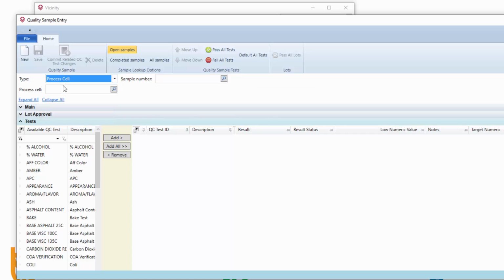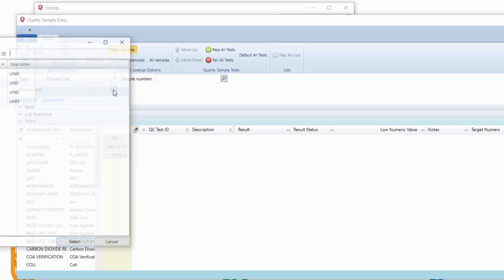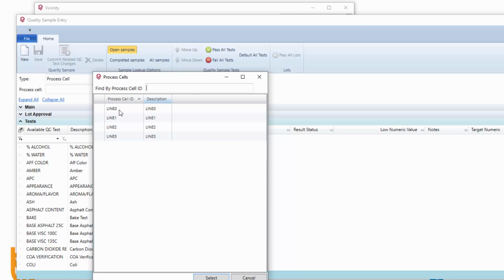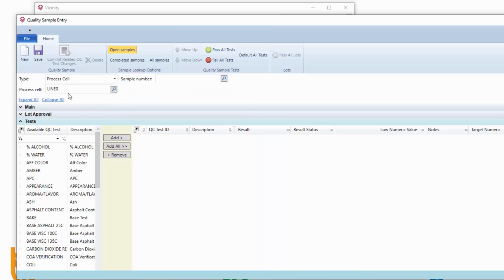Now, just remember what a process cell is in Vicinity. This is one or more machines joined together to produce a product. It is not an individual vessel or an individual piece of equipment, but think of it more like a production line. So in my demo environment, I've got a couple of production lines set up. And so this is actually running tests or recording observations on the line itself, on the groups of pieces of